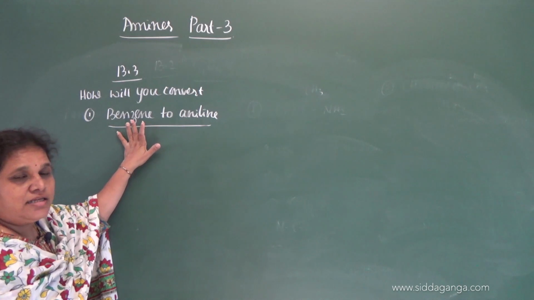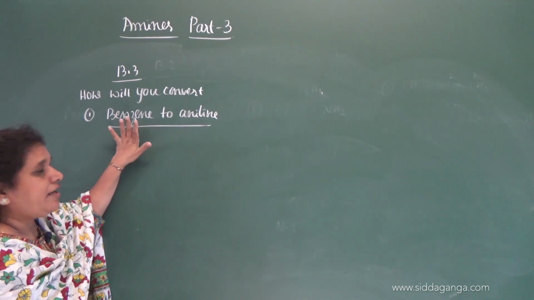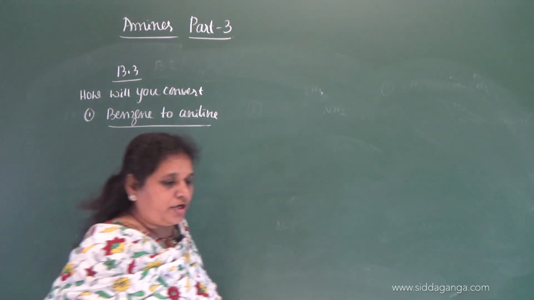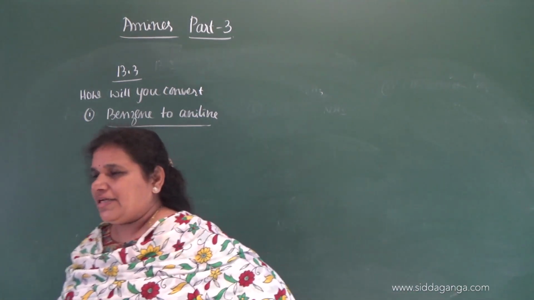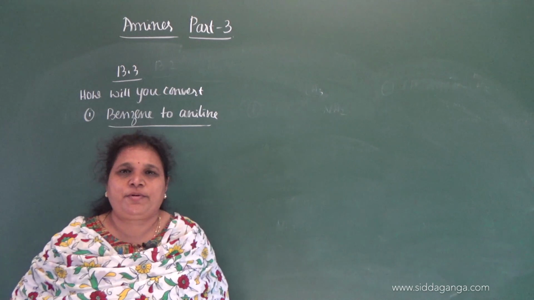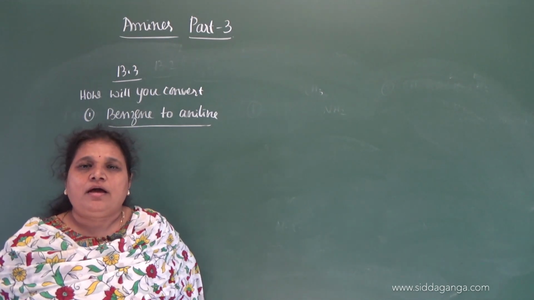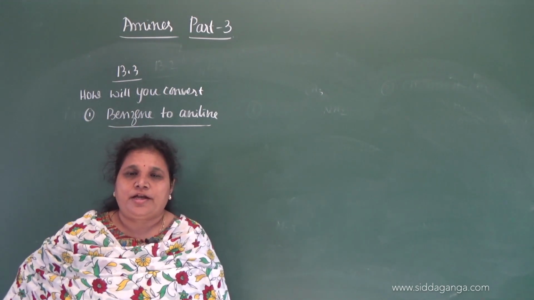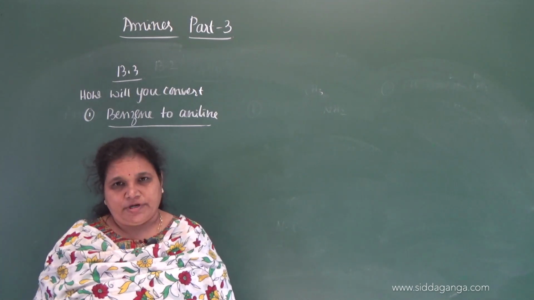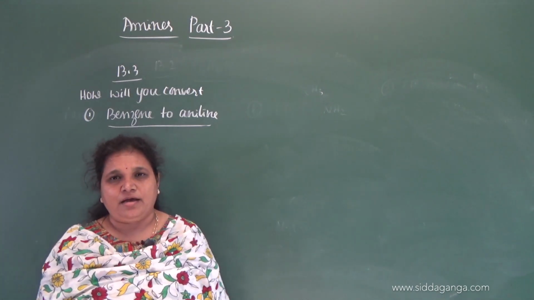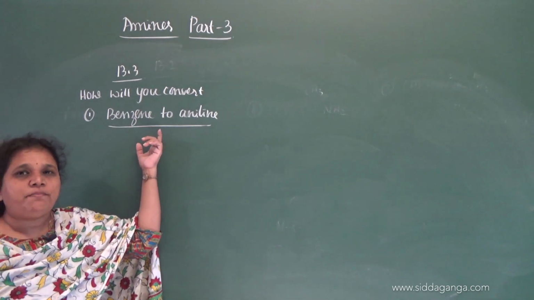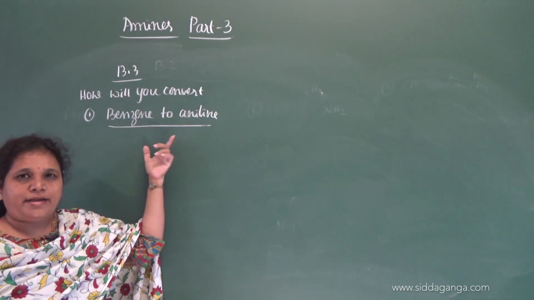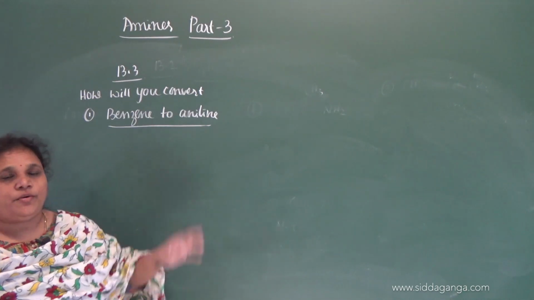So, benzene is the main reacting molecule here. We need to convert benzene to aniline. So, in the methods of preparation, 6 methods of preparation, maybe the ammonolysis it may be, or it may be the reduction from amide, or any of the 6 methods. So, the starting material is not benzene, it is a basic aromatic hydrocarbon. So, then how to convert this?